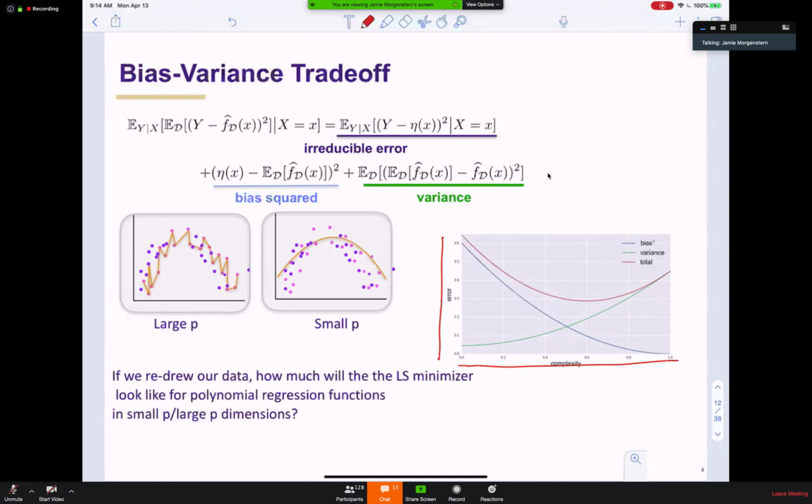Certainly if you're thinking about polynomial regression, as P increases, you're thinking about more and more complex models. And as you increase the complexity, you allow yourself to drive your bias to 0, but your variance goes up, right? And if you're looking at this entire term and considering it to be our learning error,